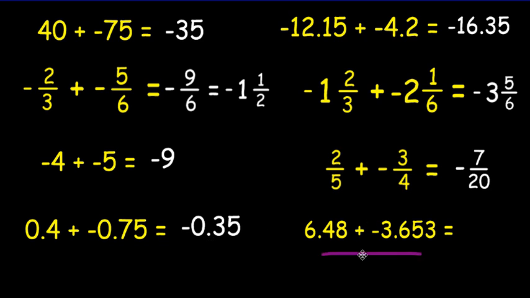Our last problem. Pause it, and we'll see how you did. All right. Did you start at 6 48/100ths? If you think about that model, we're going to be farther to the right than the amount that we moved to the left, which tells me my answer is going to be positive. And this is going to be like subtracting because the signs are different. One value is positive and the other is negative. So we get the answer 2